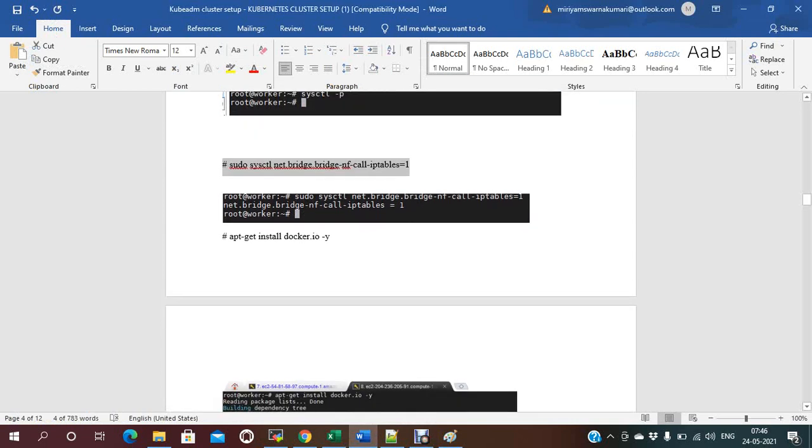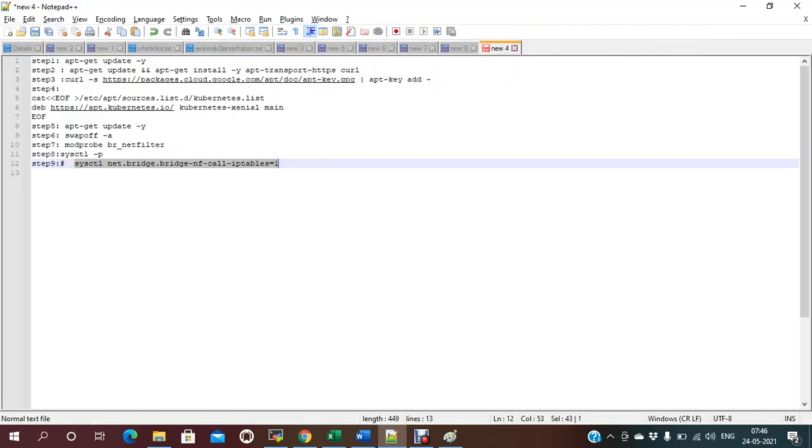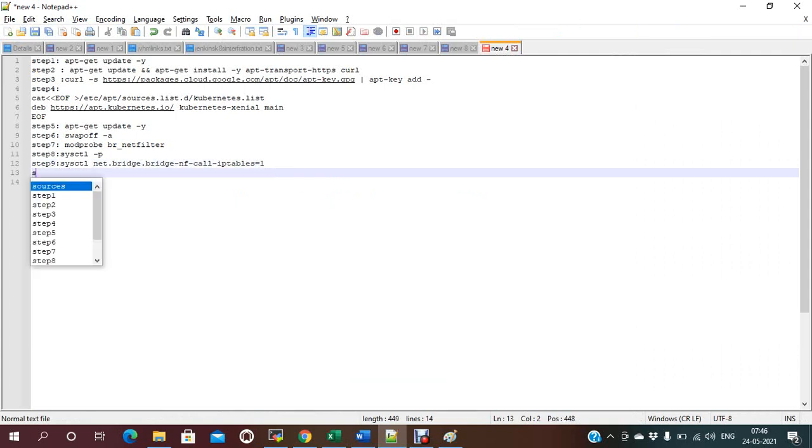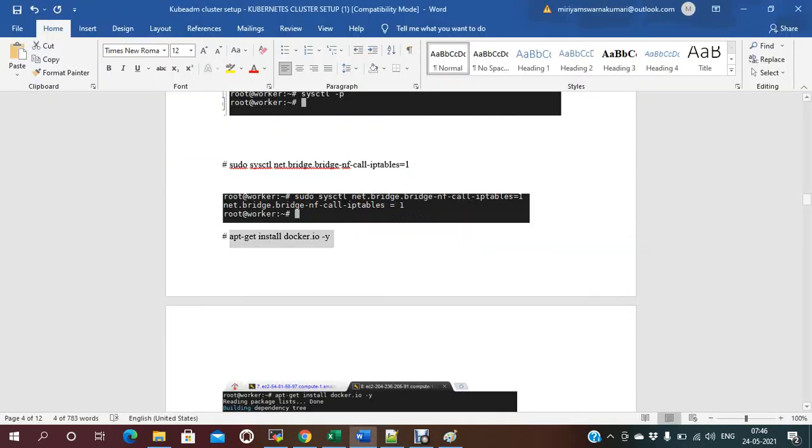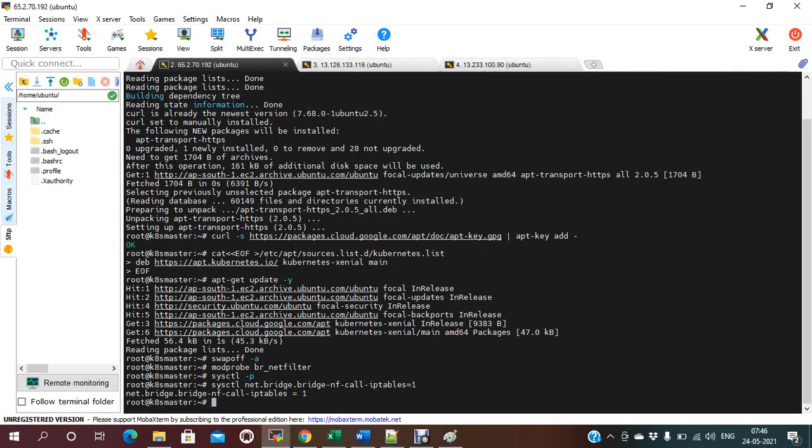Now I have installed Docker on the 3 machines. Step 10, I just install Docker on the 3 machines.